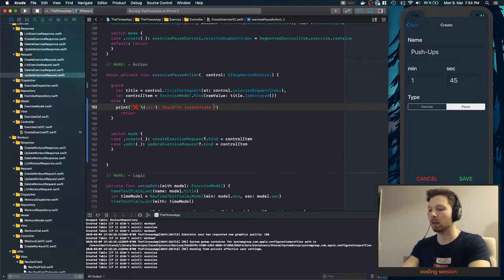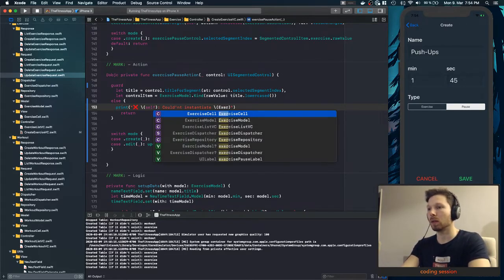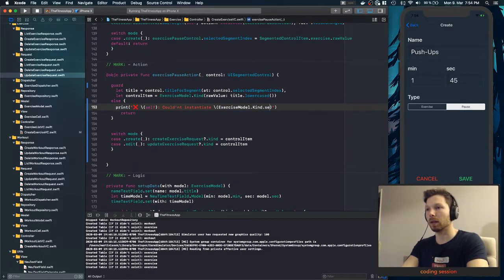Exercise. Kind from title. So we have all the information we need to know, lowercase. We don't have this information. Let's just do it like this. Okay, so